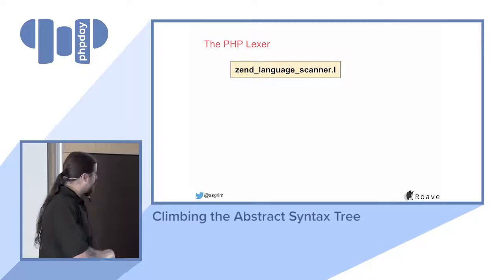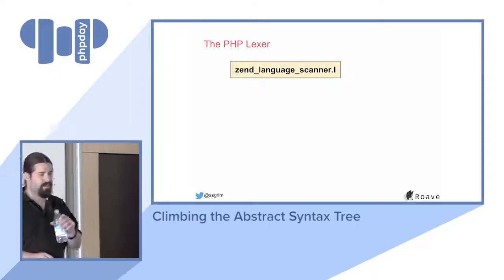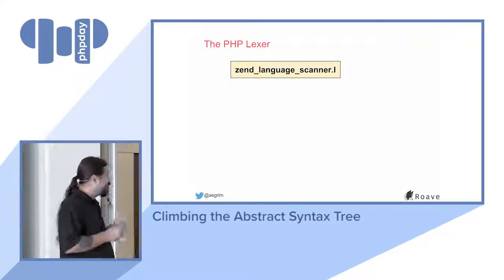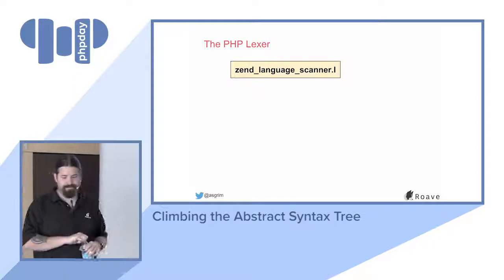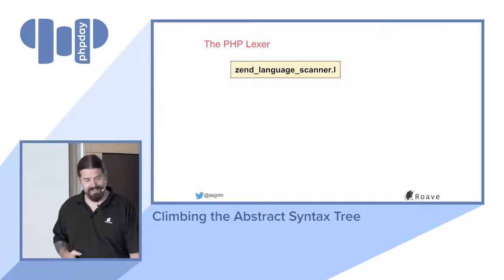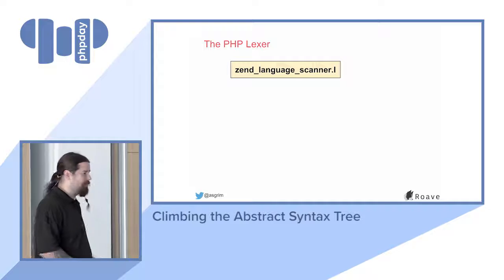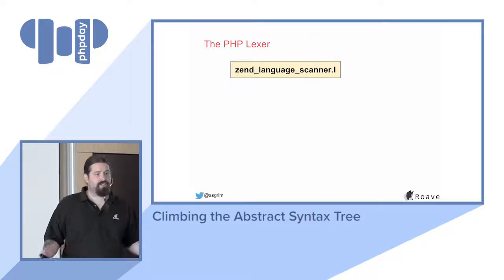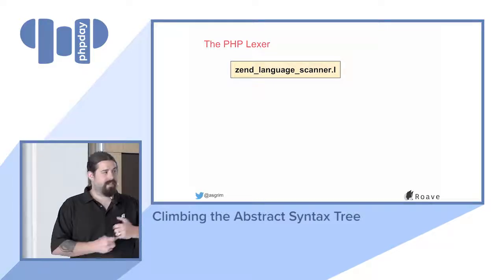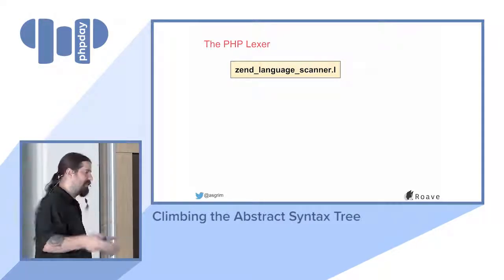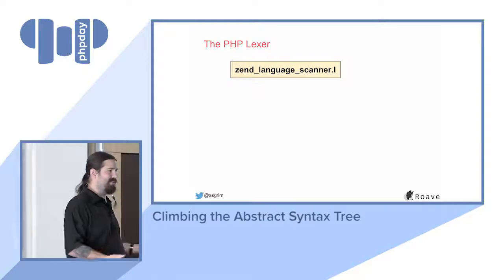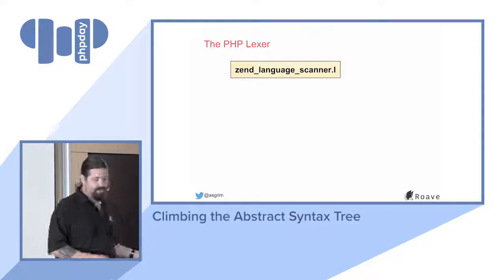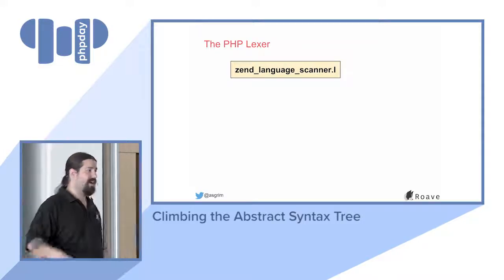So let's have a look at the various parts of this. The PHP lexer is a generated program. It's a C file. We have this syntax definition in Zend language scanner .l. And this is, as I said, a definition, and it's fed into a program called re2c. I don't know how you say it out loud, because we never say these things out loud unless we're at a conference. But yes, we have this definition goes into here,